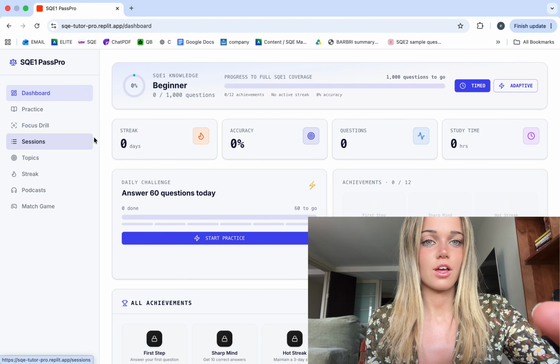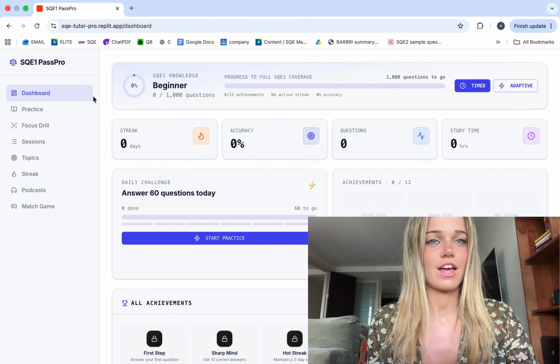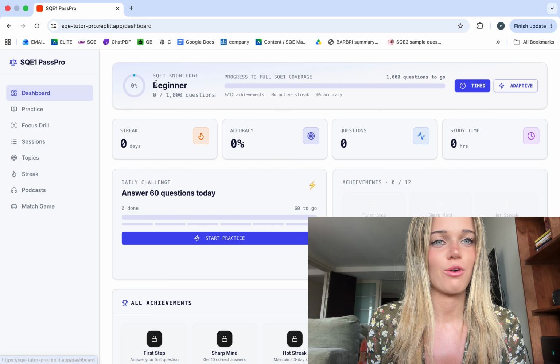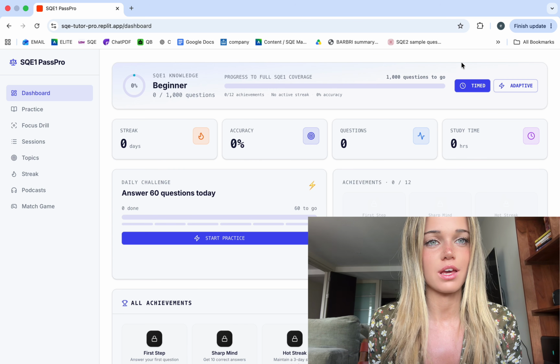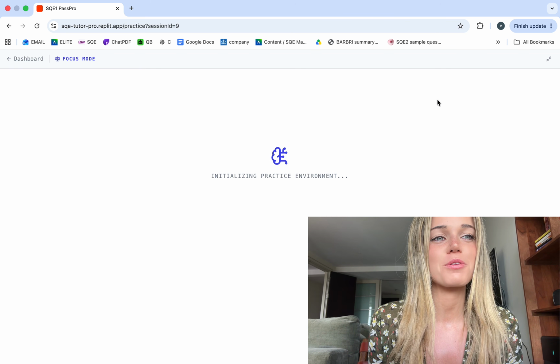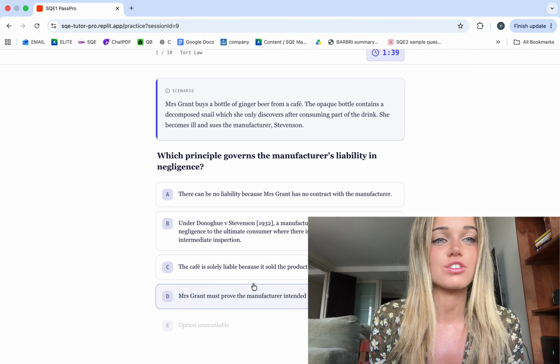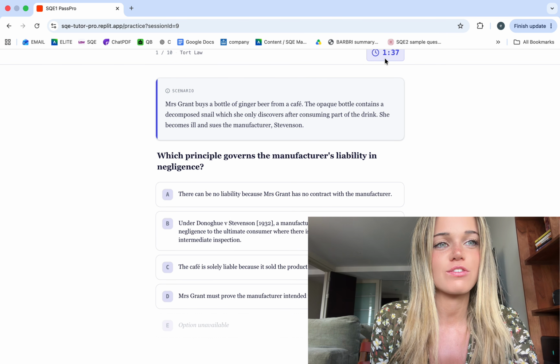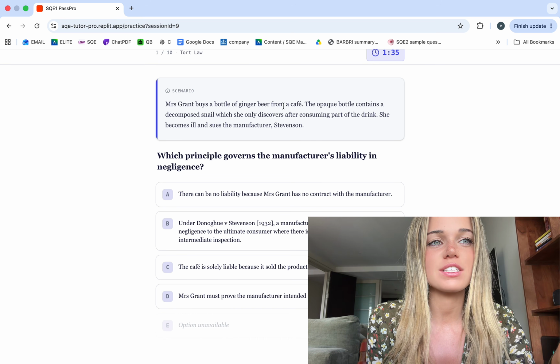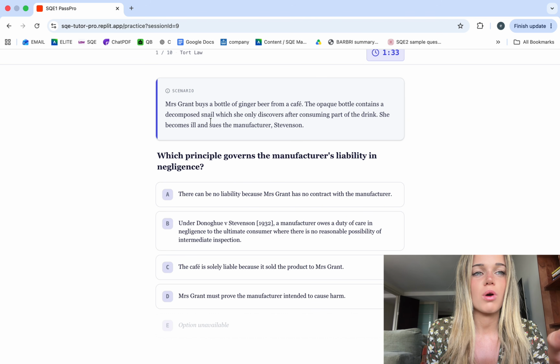Okay, so let's go through this together. So we're on the main page right now, and this is the dashboard that you're going to see when you start. So at the moment, you're at beginner level, and then the more questions you do, the better. So if you press on timed, then it will give you a minute and 30, 40 seconds to answer a